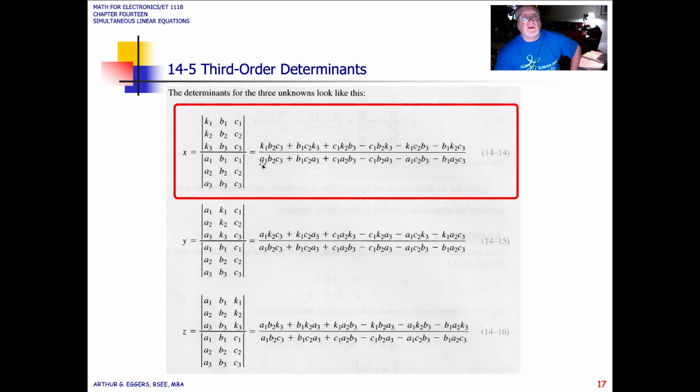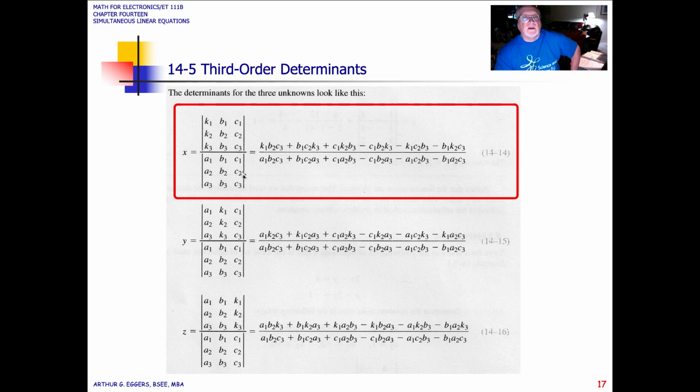So the denominator solution is A1, B2, C3 as a product. So we go right through the middle diagonal of that term. The second term is B1, C2, A3. So we move over 1, B1, C2, A3, which is over in the bottom left-hand corner. Okay, notice we're adding, adding, subtracting, subtracting. Okay, so on the third term, we have C1, A2, B3,